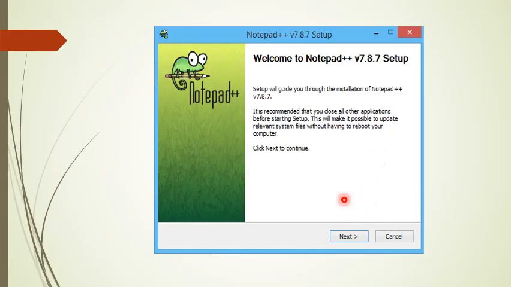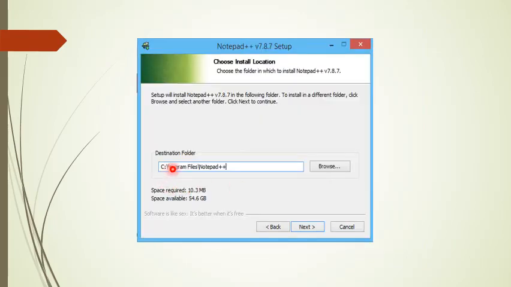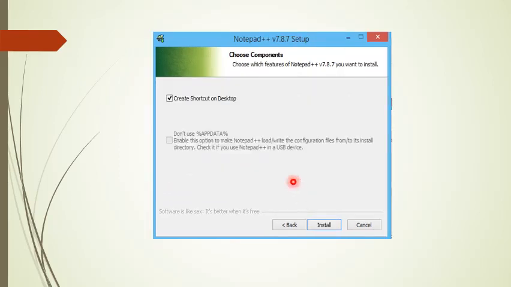Click on next to start the installation and accept the default destination directory c/program files/notepad++. Now if you remember, I told you in Java not to select program files, because if you see here, there is a gap in program files. So when you set the Java path, certain problems happen. So it's better to take c/java. Of course in Notepad++ it doesn't make a difference, so we leave it as it is.